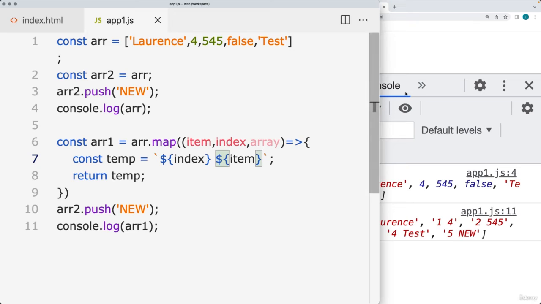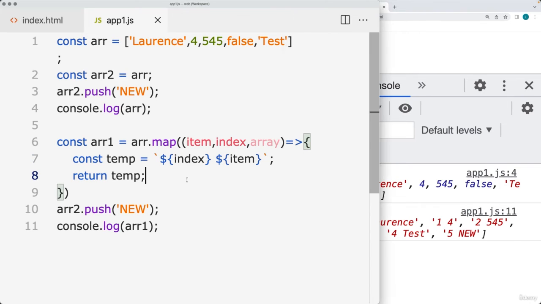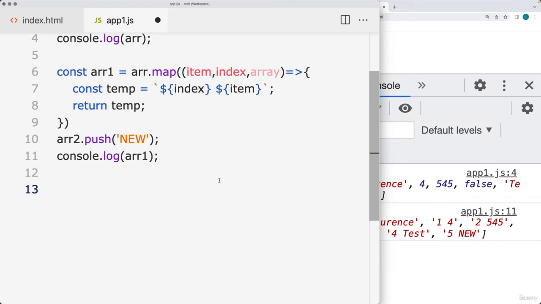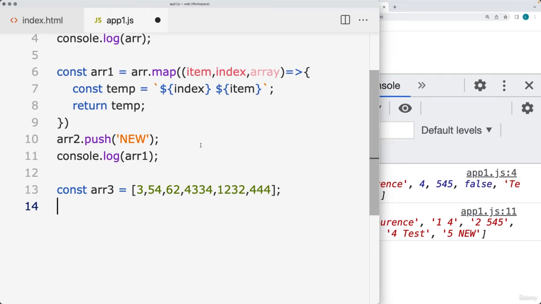So we can separate that, and now the new array is going to have the index values of those initial items. So if we did have an array, let's create a new array and add in all numbers within the array. And what we'll do is some math with the numbers, so we'll multiply them by 2. Because this array has some strings and other data types, it's going to make it a little bit harder. So create a new array, and using the map,